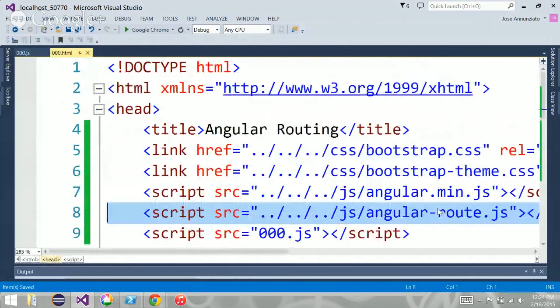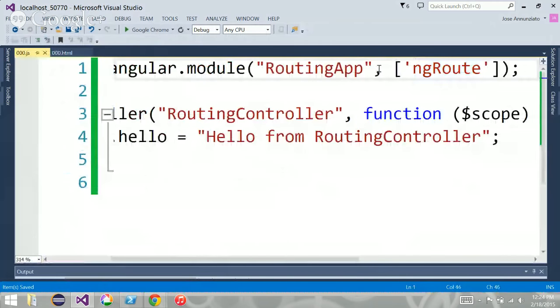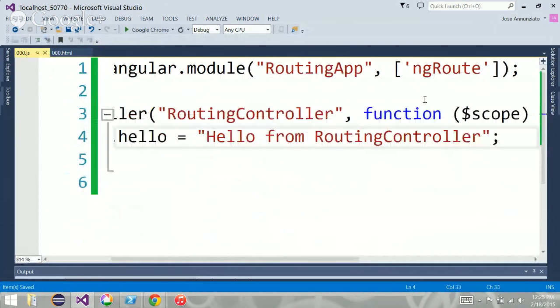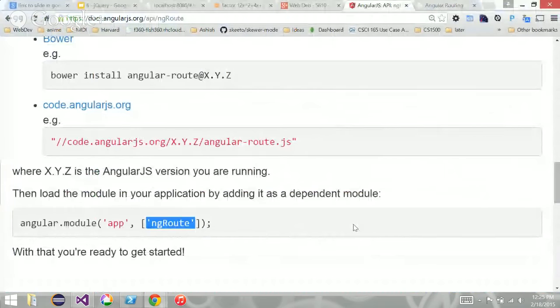There it is, angular-route. If you say that you depend on that but do not load the JavaScript, it's going to complain. It says, I don't see a declaration for an ngRoute module. Where is it? That means you're missing the library. Okay, so we loaded that.